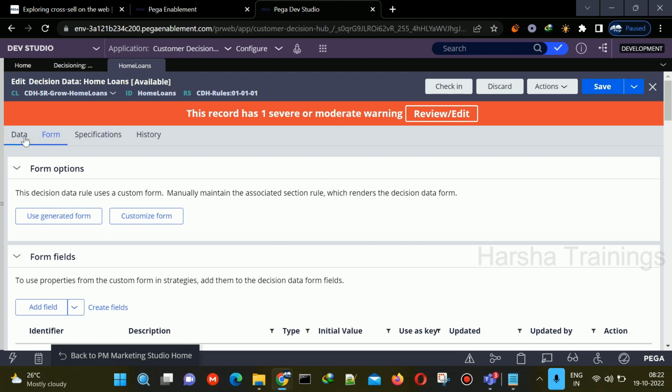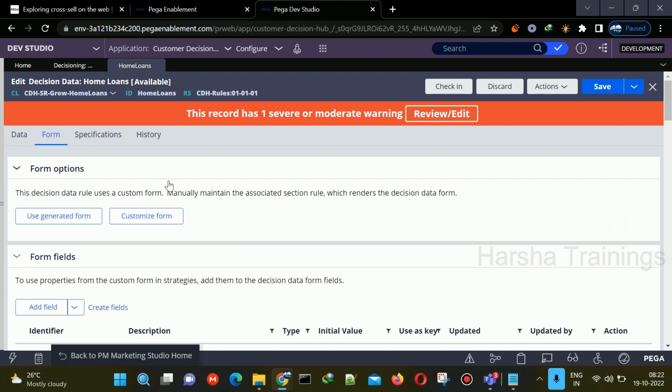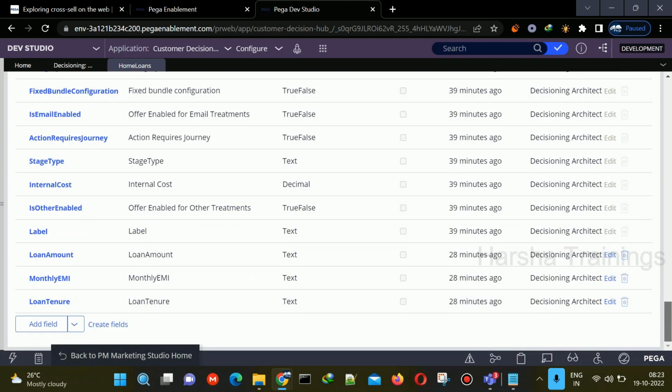Okay, no problem, I understand. So what you have to do, right? See, when you create a property in the PY edit element, that property will not be added here. So any property that you want to use in the strategy, for example,